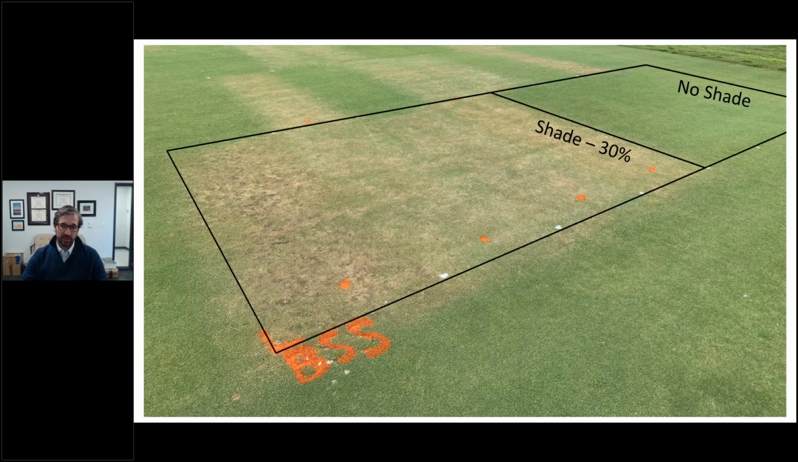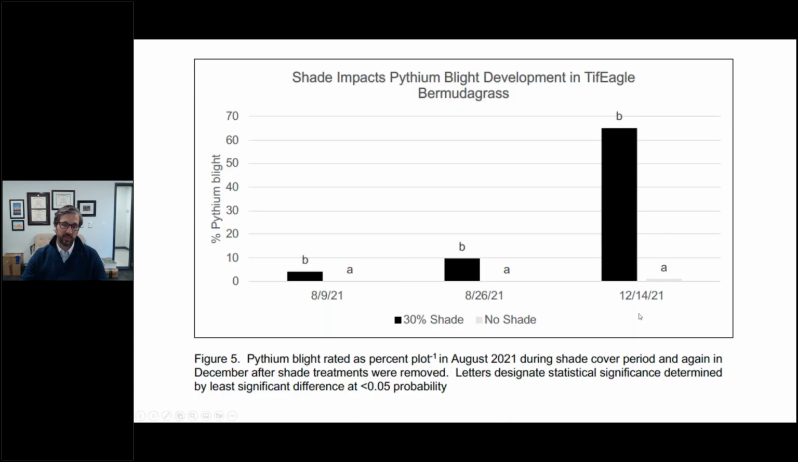And one of the things that we also noticed from these shade treatments is that we were seeing an increase in Pythium blight during periods where we were covering. So during the months of August, where we have that 30% shade here, on our y-axis here, you can see the percent Pythium blight. And while we're only looking at about 5% in our 30% shade and up to 10%